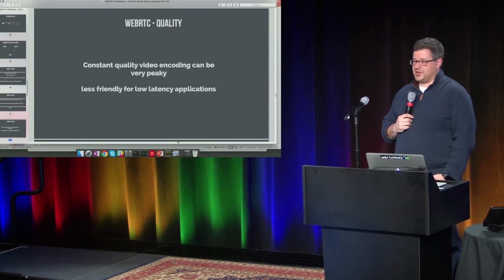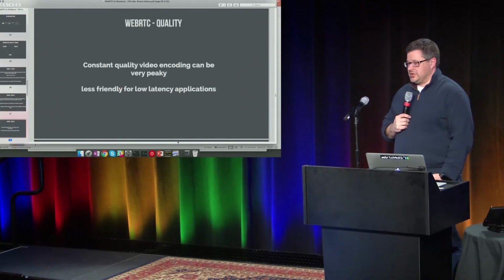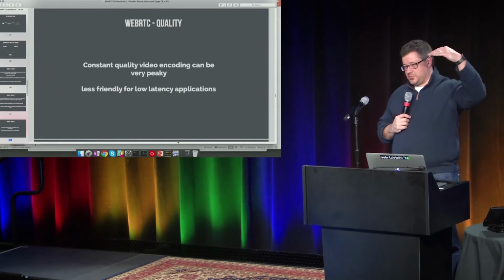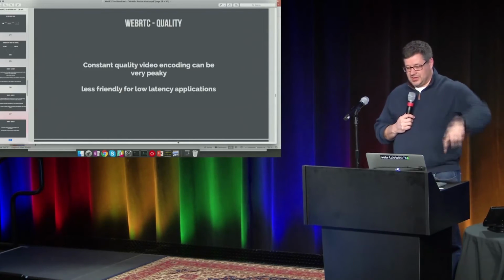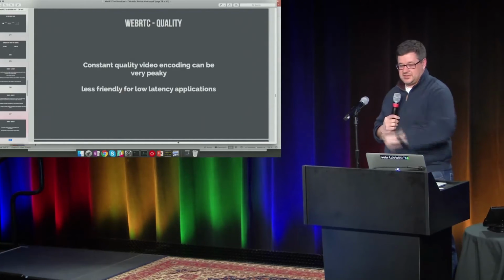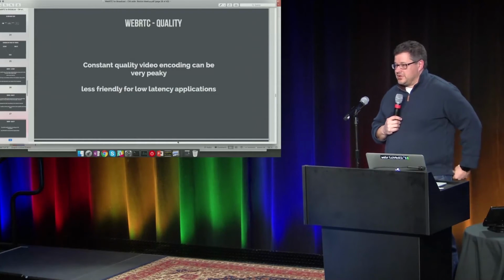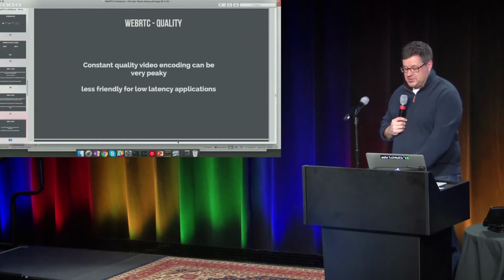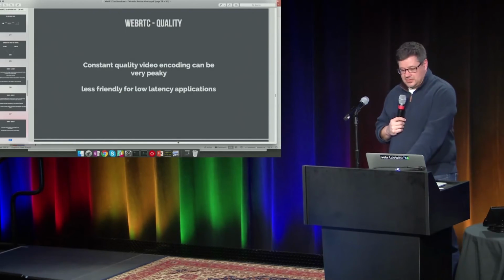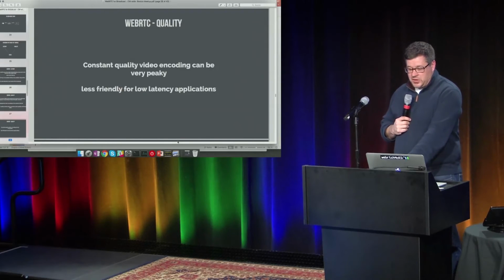If there's a lot of motion or complex scenes, the video encoder bit rate goes up if you have the encoder set for constant quality. So you have these huge peaks and valleys, and that is really not very friendly for low latency applications. Obviously, you have a certain channel, and if you have this peak, it's going to be hard to push it through.